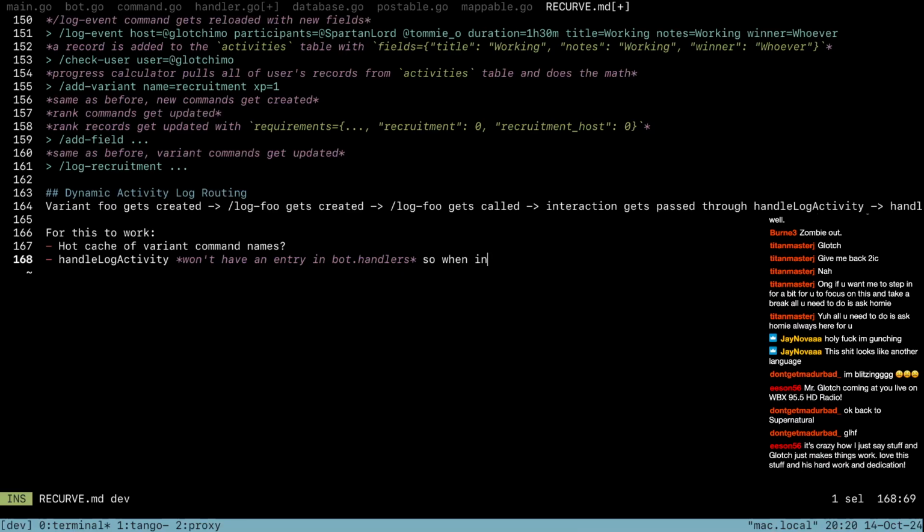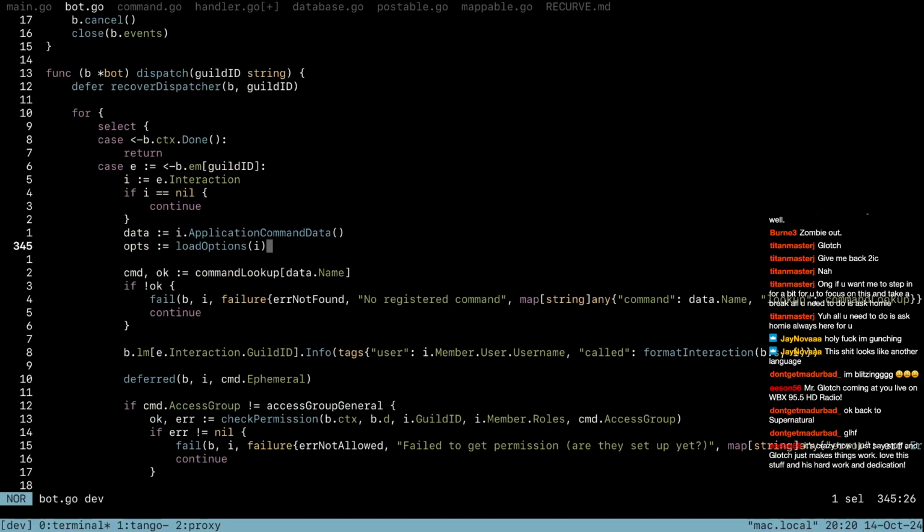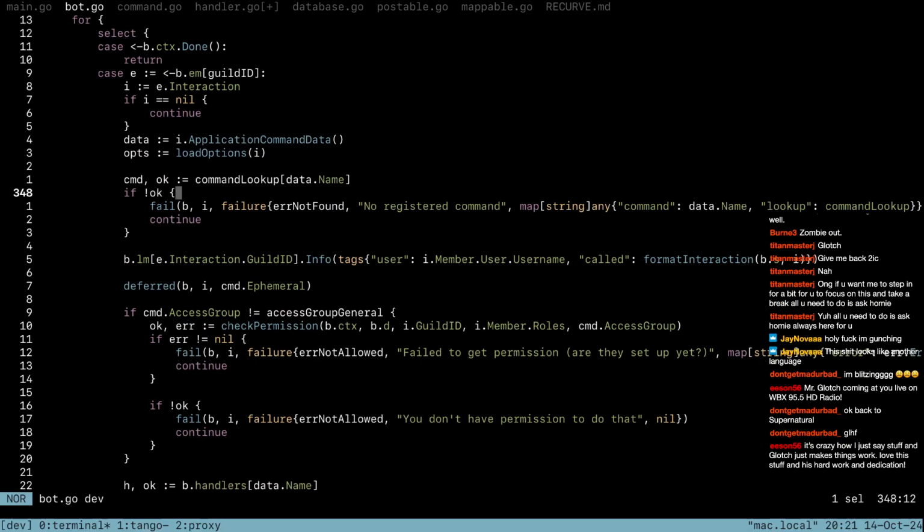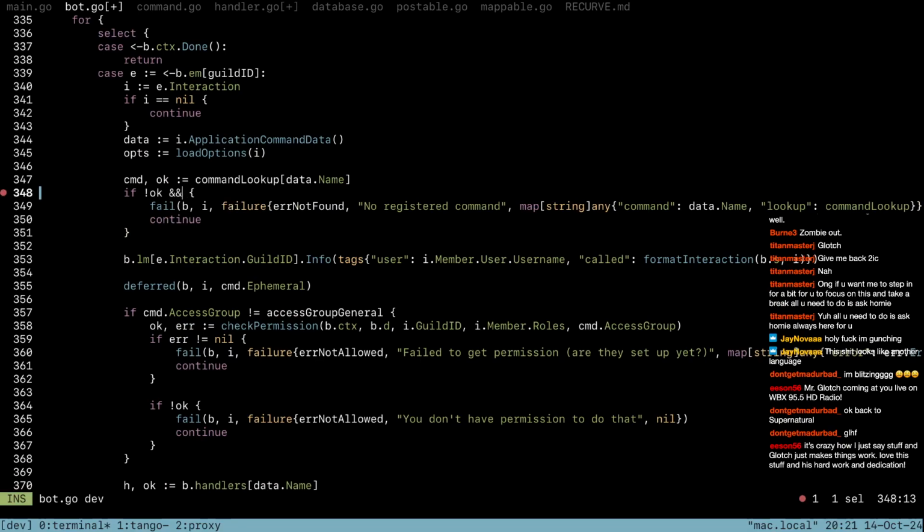So when interactions come through, we check for the log as a prefix, because if we find the log as a prefix, then we can basically route it accordingly. We can say, hey, this is a log call, so we're gonna send it through. Oh, we could just, oh, this is so easy. It's literally so easy. All you have to do, if this fails, if not okay, and